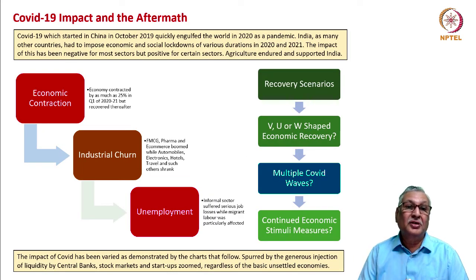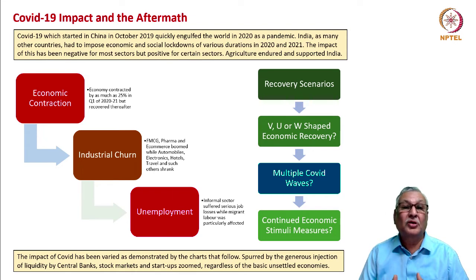Let's look at COVID-19 impact and the aftermath. COVID-19 started in China in October 2019, but quickly engulfed the world in 2020 as a pandemic. The world as a whole is yet to recover from the pandemic. The Delta variant, which occurred in April-May of 2021 in India, has been strong in its impact and has led to considerable angst across the socio-economic situation